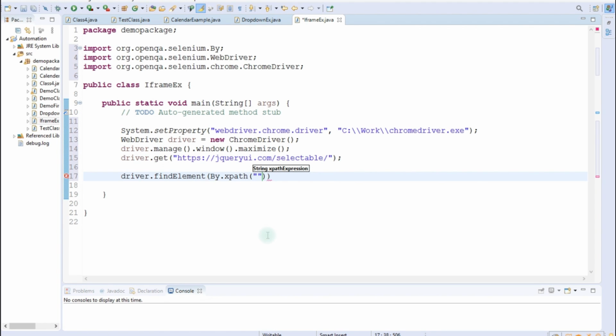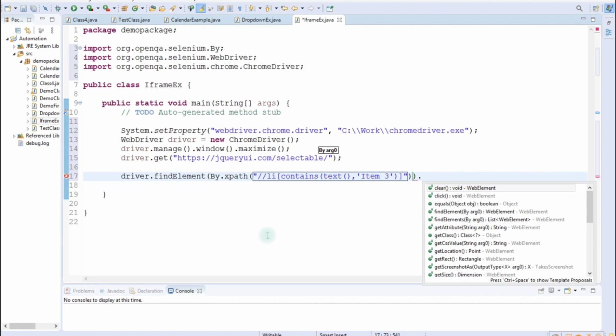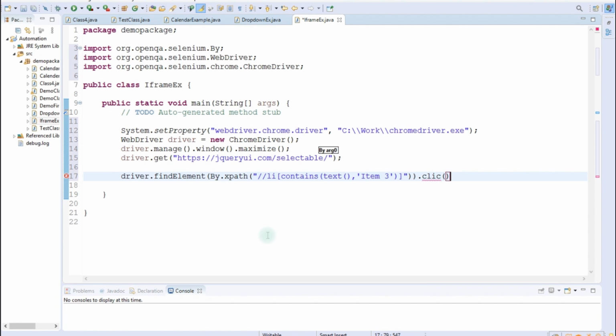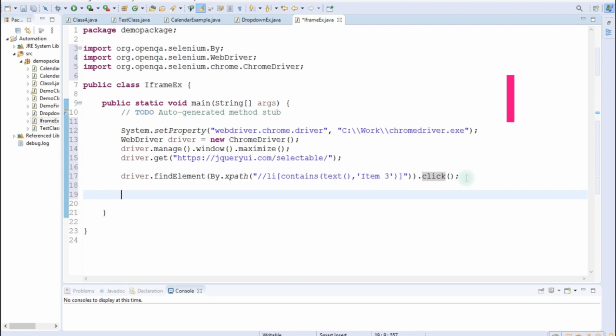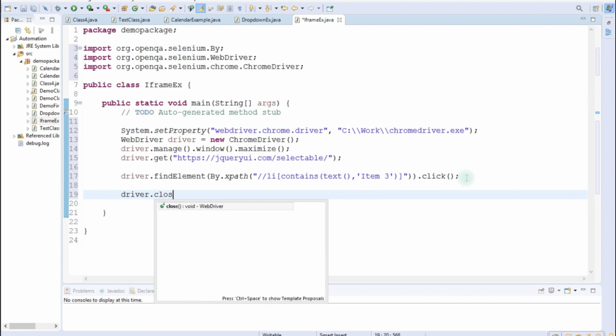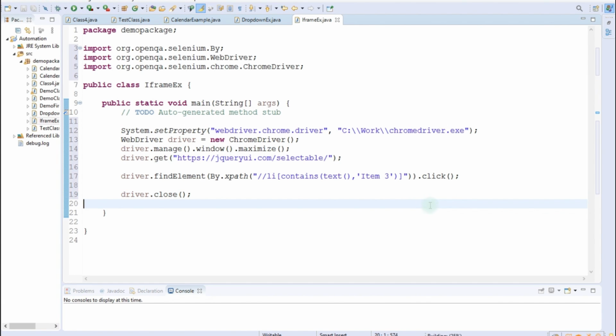And the XPath that we have copied, I will paste it here. And the operation that we have to perform is click. So it will go to that website and click on that element. And after that we will write driver.close.